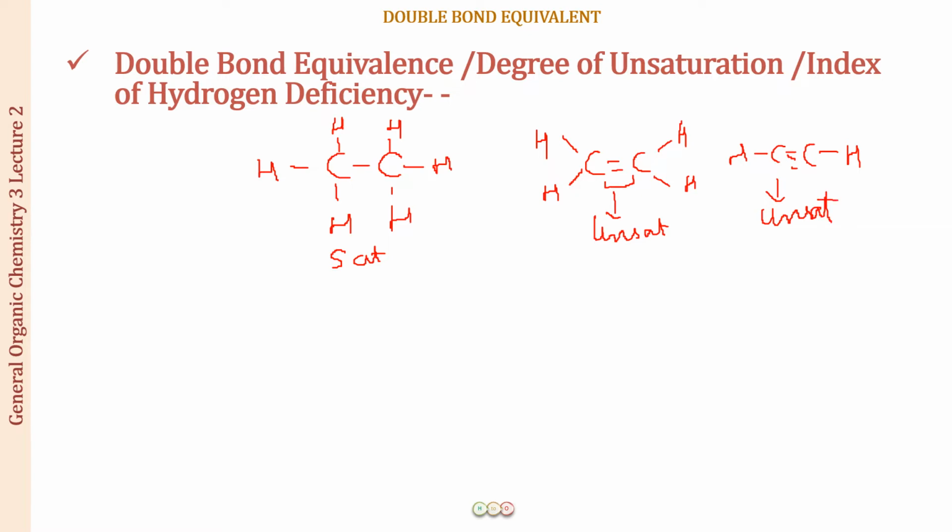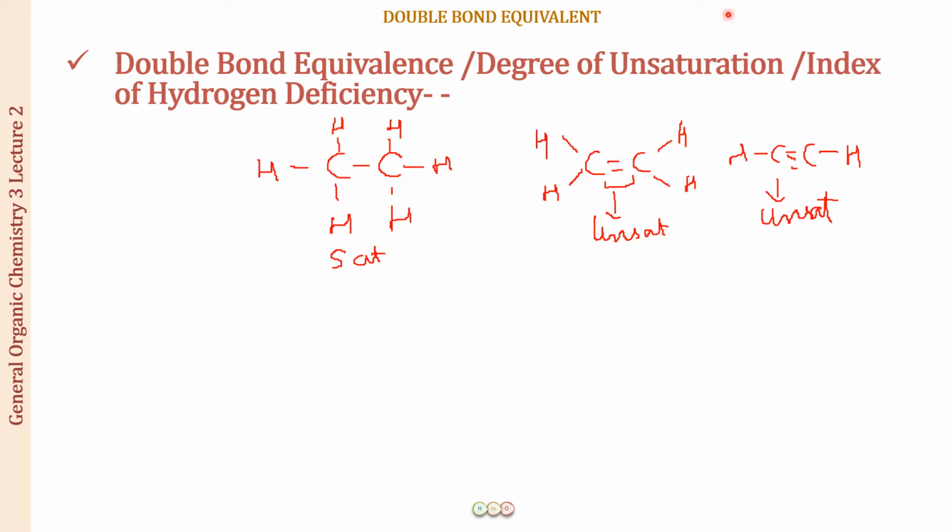So what this now means is that if I am relating the double bond equivalence to the degree of unsaturation, what I will be getting is that this double bond equivalent is going to be some value, all right, and that value we are going to relate to the degree of unsaturation. The more the value of this double bond equivalence, which I will be calling DBE in short, the more the degree of unsaturation. This means in my molecular structure, there are going to be more double bonds and triple bonds present. This much is clear.